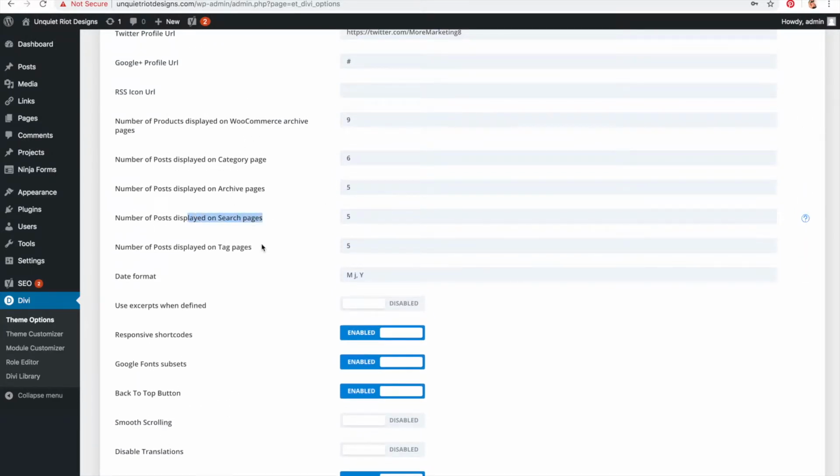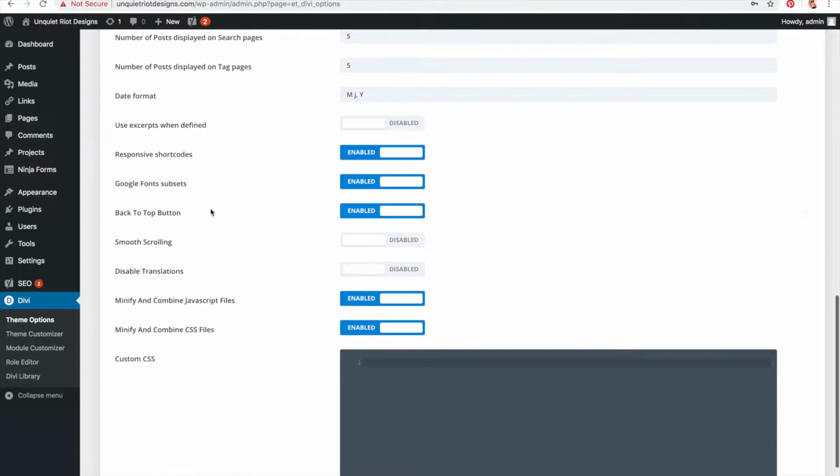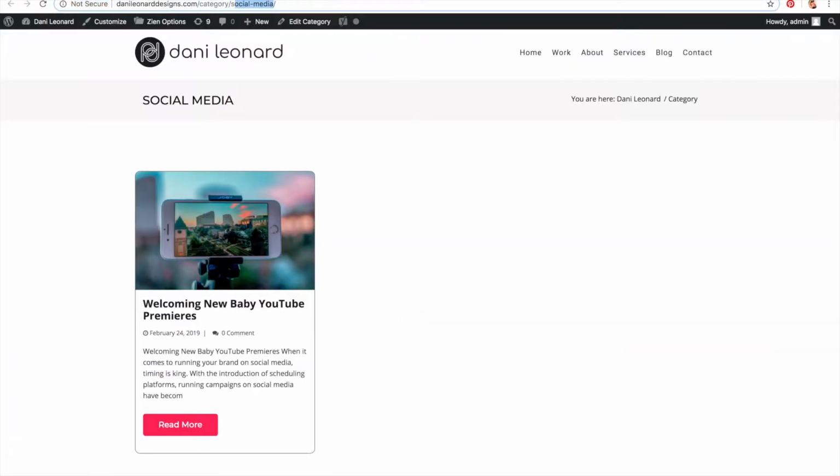Number displayed on search pages, tags, blah, blah, blah. These probably aren't anything that anyone's going to have a complex enough website to use. Responsive shortcodes. Don't worry about that. Google font subsets. Yes, you're going to want that. Back to top button. I love back to top buttons, so I keep it. So the back to top button is basically,